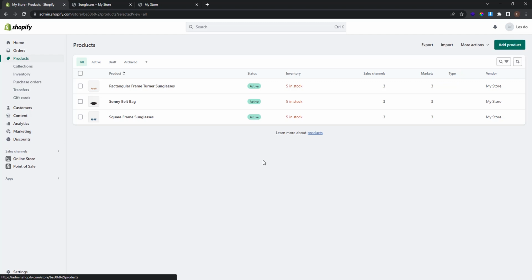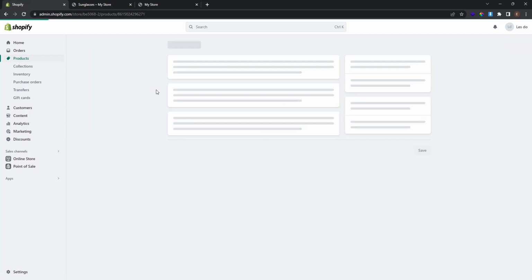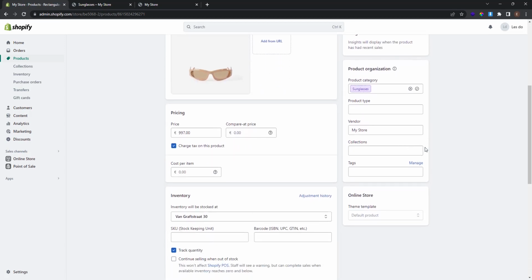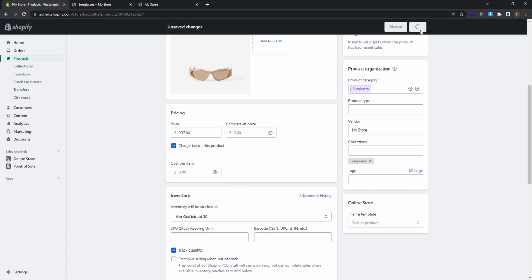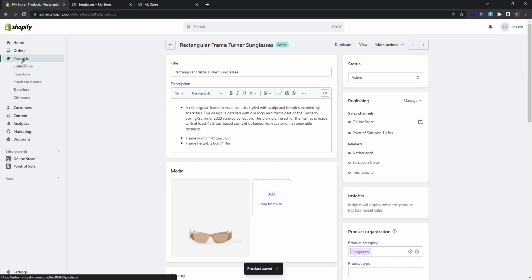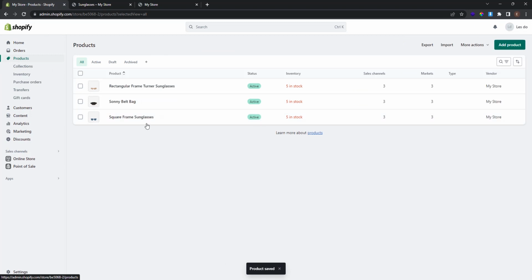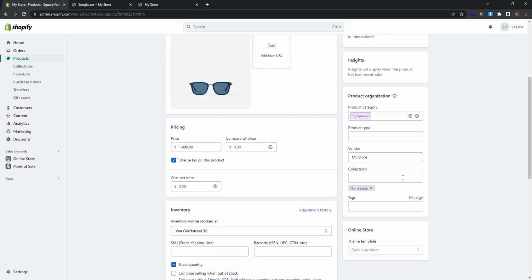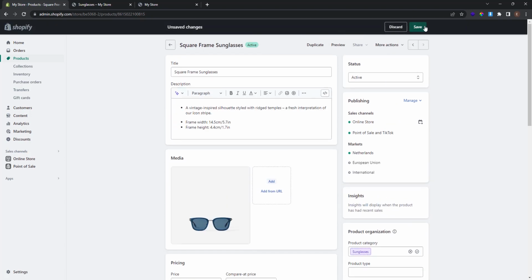Now here manually you can select which products you want in your sunglasses collection. In my case, I have these 2 products, so I will click on the first, and here at the product organization I will select collection and click sunglasses. Click Save and go back to the products to add the second product. In the same way, at the product organization, at the collections, I want to select sunglasses. Click Save